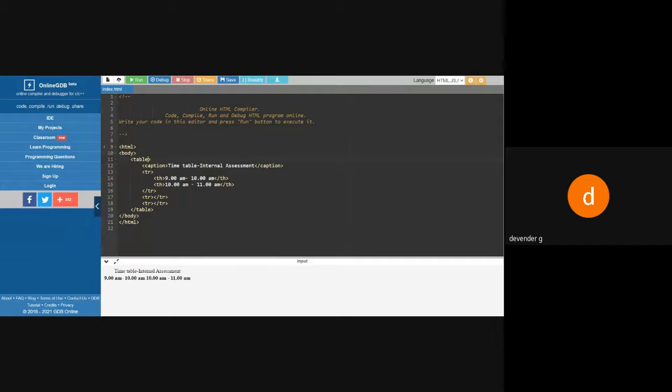One attribute we require is border. By default, border is 0. That's why we are not getting the lines. So I'll say border equal to 1. We can give 1 or other numbers, and based on that, the thickness of the border will change. I'll say simple 1, click on this, and you can see I got the lines.